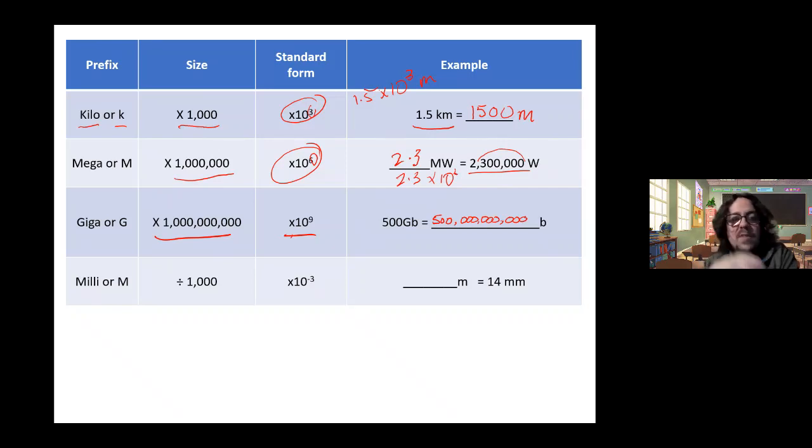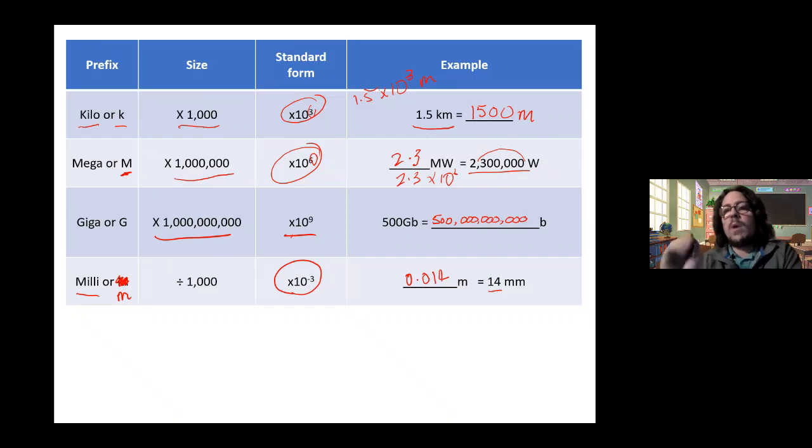And then finally, the one that you're definitely likely to encounter is milli. That's wrong, sorry. It's got a little m. Mega, look up here, is big M. Milli is little m. So that means to divide by 1,000. And to divide by 1,000 is the same as saying in standard form times 10 to the minus 3. So 14 millimeters, if I was to divide 14 millimeters here by 1,000, what would that look like? Well, you're moving the decimal place 3 places, that would be